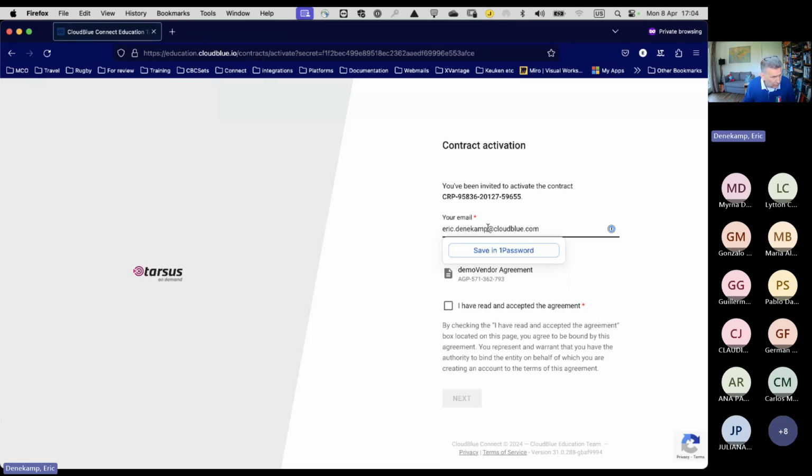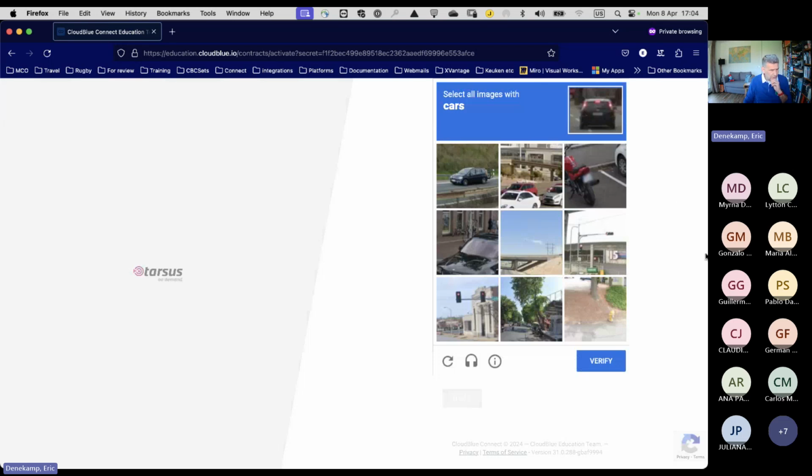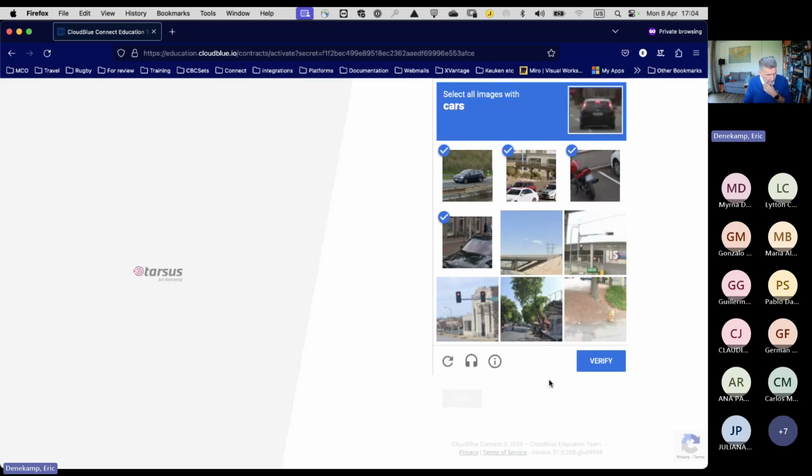So I'm going to use this funny trick: plus demo. I have read and accept the agreement. I don't like the color scheme here because it does not show me the button that well, but we'll have to do. And now there's always this garbage thing that will ask me